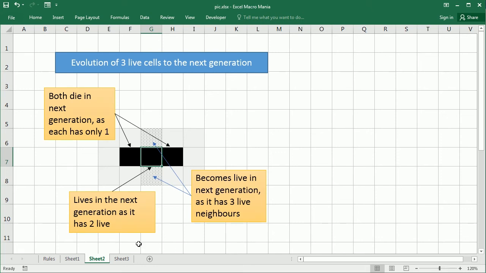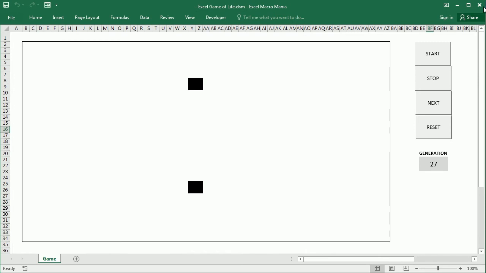This is quite an interesting game. It has attracted much attention because of the ways the patterns can evolve. There is even a classification of the types of patterns that can occur in the game of life. I'm gonna leave you the link of the Wikipedia article in the description. So now let me close this here,